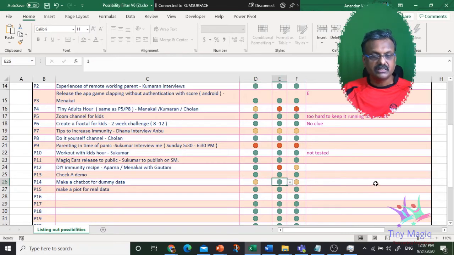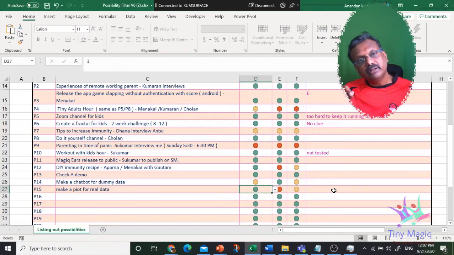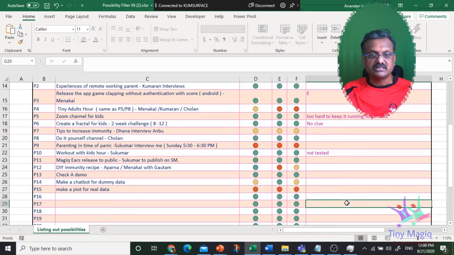Dummy data is easy. I know a little bit of chatbot programming, so it's here. Now make a pilot for real data. I don't have access to the real data. And I need a lot of permissions. And if I have to do it in production, I don't have that much server capacity or anything to do. So I would say that is red for me.